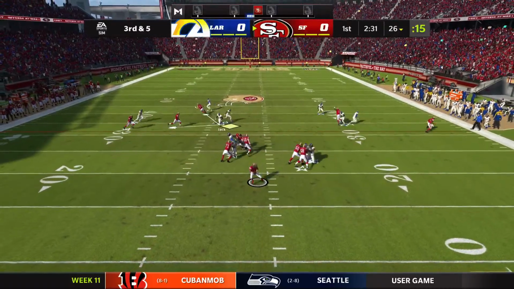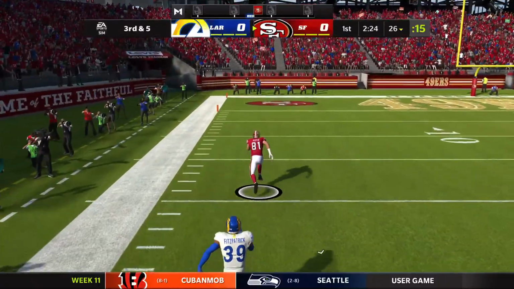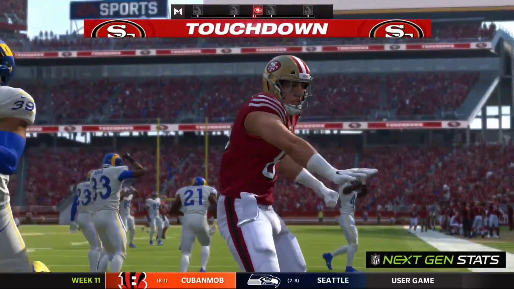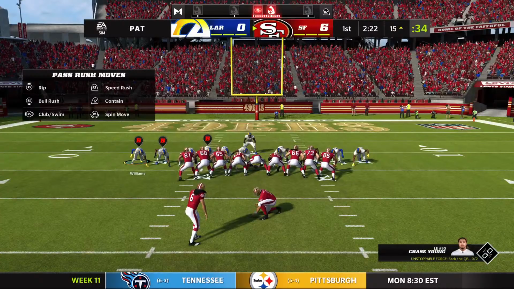Throwing is Hurts. And he'll take a shot here for Hooper downfield. That's what a catch on the sideline. Touchdown. That's wild. Austin Hooper, his first touchdown on the year. And the Niners have taken